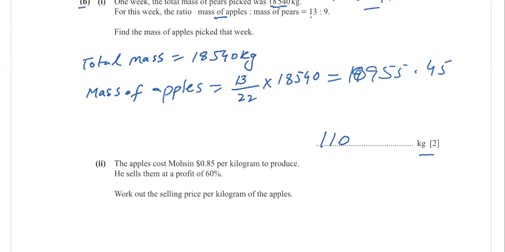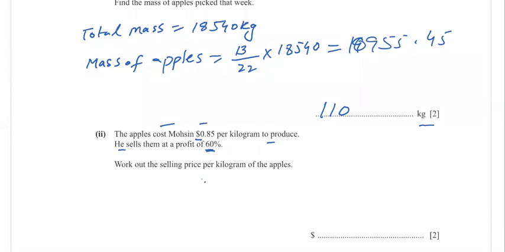Now the apples cost Mohsen 0.85 per kilogram to produce. He sells them at a profit of 60%. Work out the selling price per kilogram for the apples. Now, what is the price per kilogram? This is the cost price. Cost price is always 100%. So, cost price means 100% price